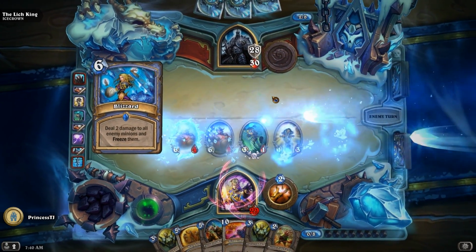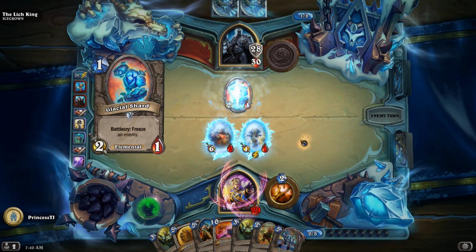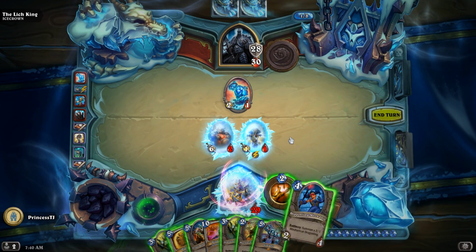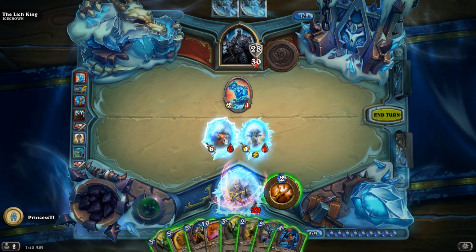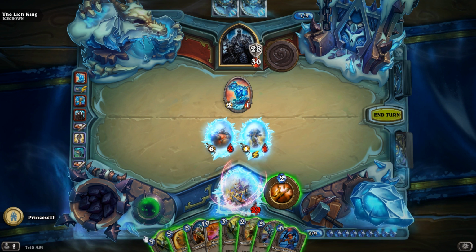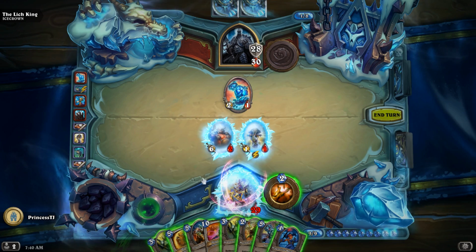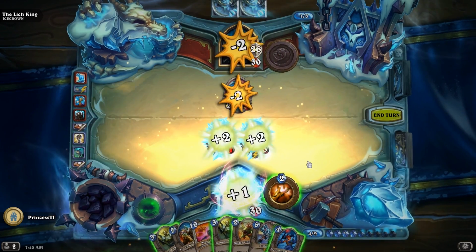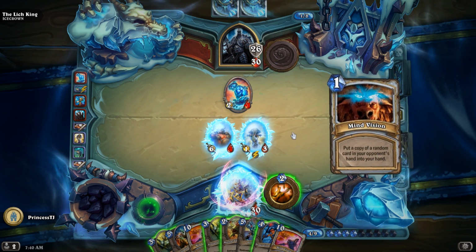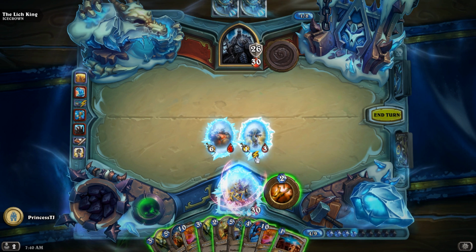Ooh, that's a bit of pain. Stalag, not terrible, not amazing. But I do really, really want to save my Cleric, actually. Well, no, I want to save both of them. So, what I might do is I'm going to Holy Nova. Well, I may as well Holy Nova first, see what I draw. Mind Control, not bad. Mind Vision, also not bad. So what I'll do is...